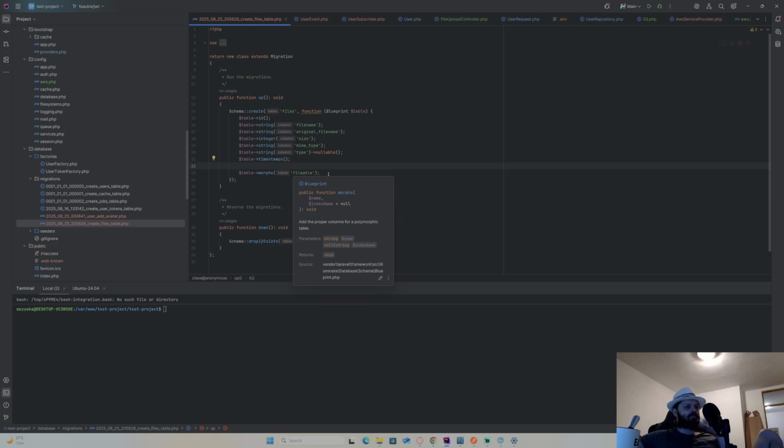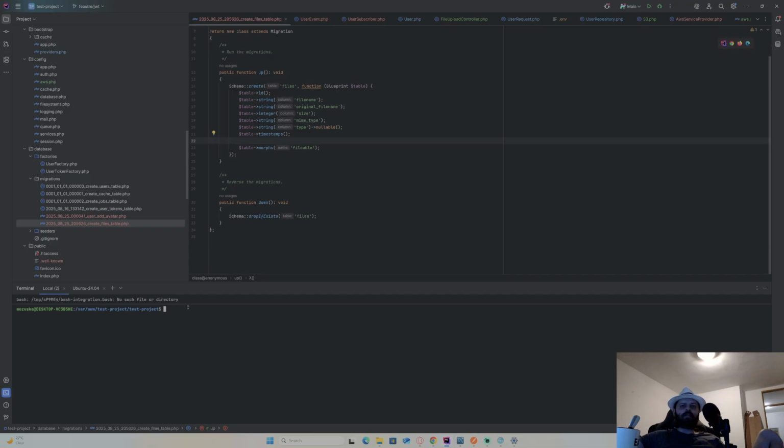If you want, I can go over them once more, or you can just look in the documentation. It's pretty well explained there. And you'll see an example when I push this table up. Okay, so let's just migrate this table, but first I need to